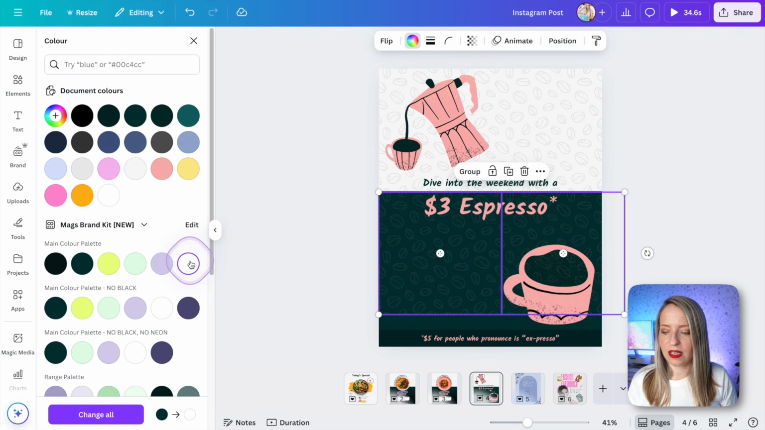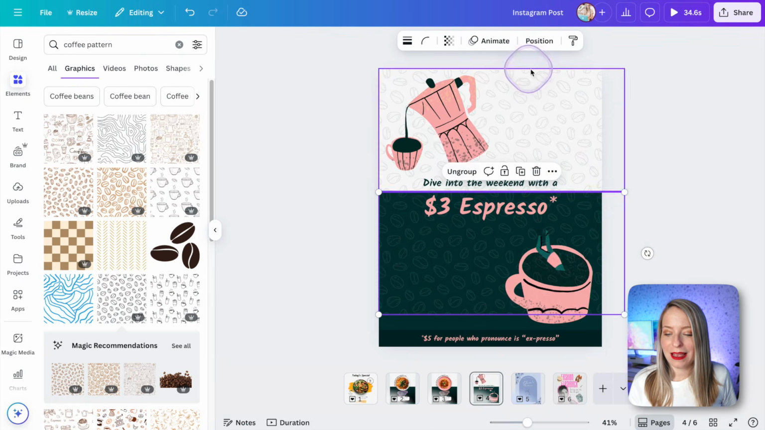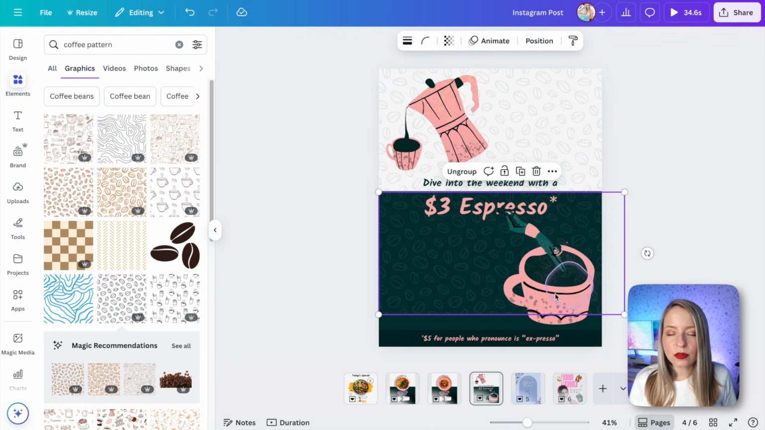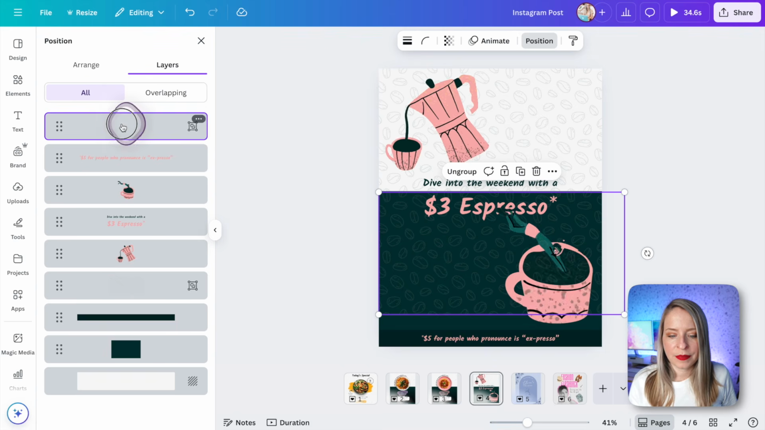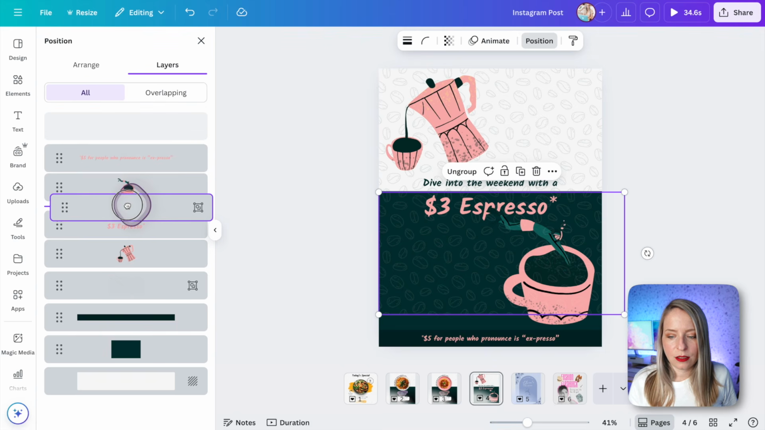I don't think it even really makes a difference. I think the white probably looks a little bit better. Okay, so that looks pretty good. I'm going to go ahead and group that again, and we need to make sure that it's sort of behind some elements but not others. So I'm actually going to go to position in this case so that we can make sure that it's not